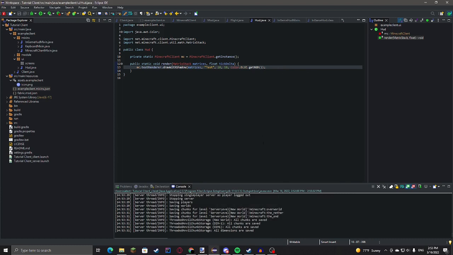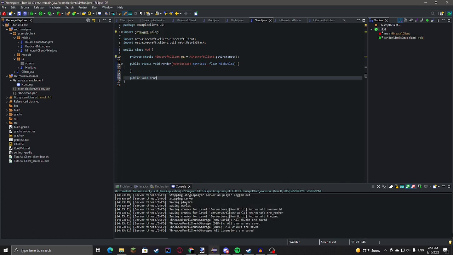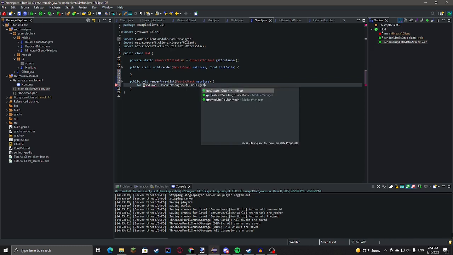So first I'm going to make the array list. Make public void render array list. Then we'll take the matrix stack, matrices. Okay, so then we're going to do for mod module. Actually, I'll just name mod because we're going to reference that a lot. Out of module manager dot instance dot get enabled modules.